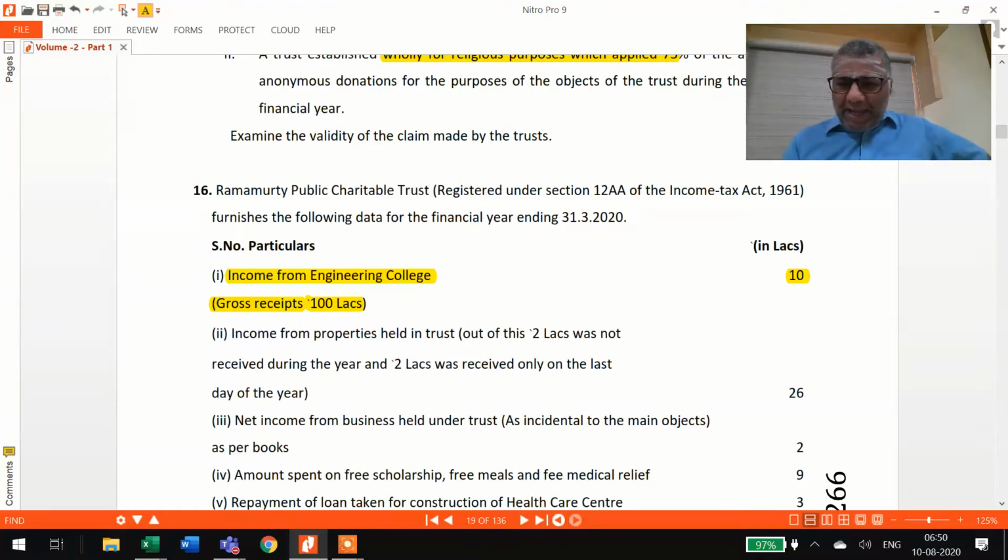So, from our examination perspective, if the gross receipt has not exceeded 1 crore, up to 1 crore, even if it is exactly 1 crore, provide the exemption. This 10 lakhs part of the income falls under section 10(23C). It will be fully exempt, my dear friends. It will not go to the outer column. In the inner column itself, 10 lakhs less exemption under 10(23C), 10 lakhs.